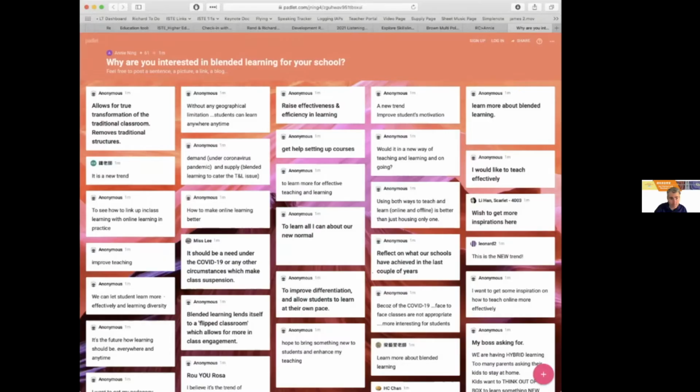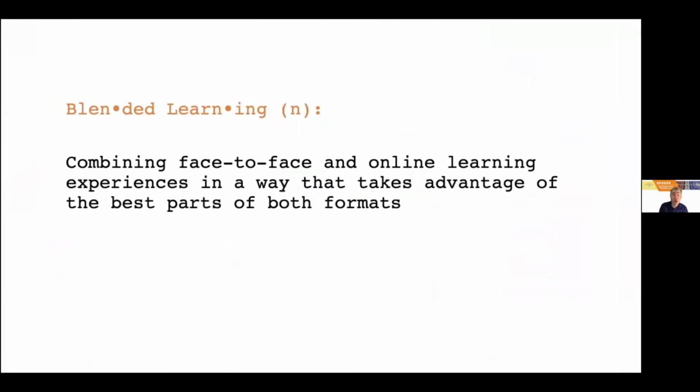We may come back and ask a couple more questions, but for now, I want to move on and share a little bit about what I hope to accomplish today. So I'm going to move us to this. This is the way we're going to start: what is blended learning? We use this term a lot, but sometimes I'm not sure we're all on the same page about what it means. So I want to start with the definition of blended learning.